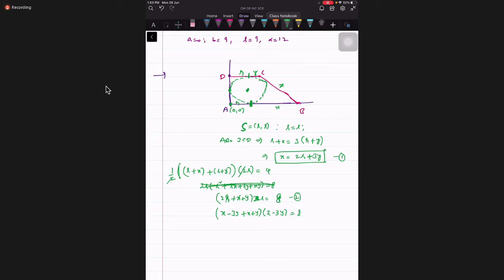2R as it is, if we continue, X minus 3Y plus X plus Y. Then from here it is 2X minus 2Y, into X minus 3Y equal to 8, or X into X minus 3Y is 4. What conclusion can we draw from here? Any other relation we can establish here?